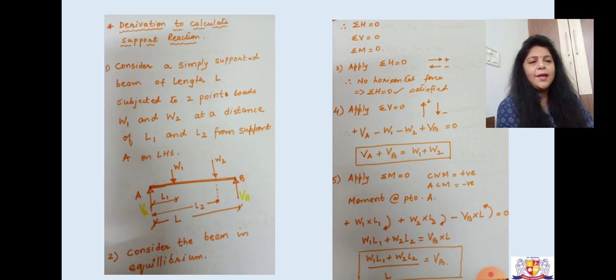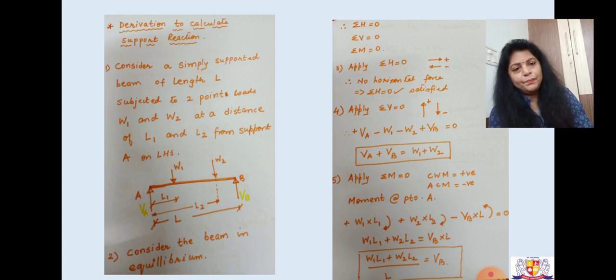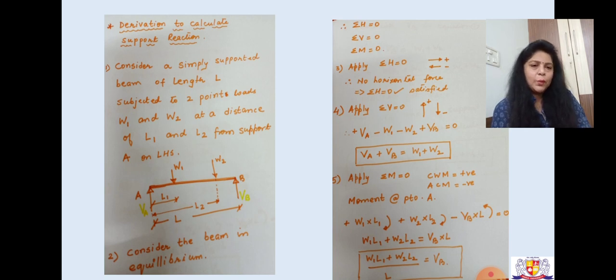सेकंड कंडीशन क्या है हमारी? सिग्मा वी इज इक्वल टू 0. ठीक है, सो सिग्मा वी में फोर्स ऊपर जाता है पॉजिटिव, फोर्स डाउनवर्ड डायरेक्शन में जाता है नेगेटिव. सो VA इज इन द अपवर्ड डायरेक्शन प्लस, W1 डाउनवर्ड माइनस, W2 डाउनवर्ड माइनस एंड VB अपवर्ड प्लस. राइट, तो हमें इक्वेशन मिलती है VA प्लस VB इज इक्वल टू W1 प्लस W2. इसको हम नेम कर देंगे इक्वेशन नंबर 1. देन वी विल अप्लाई